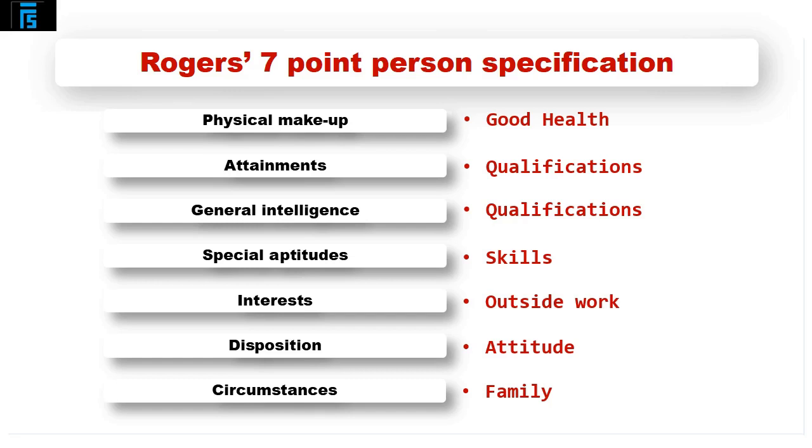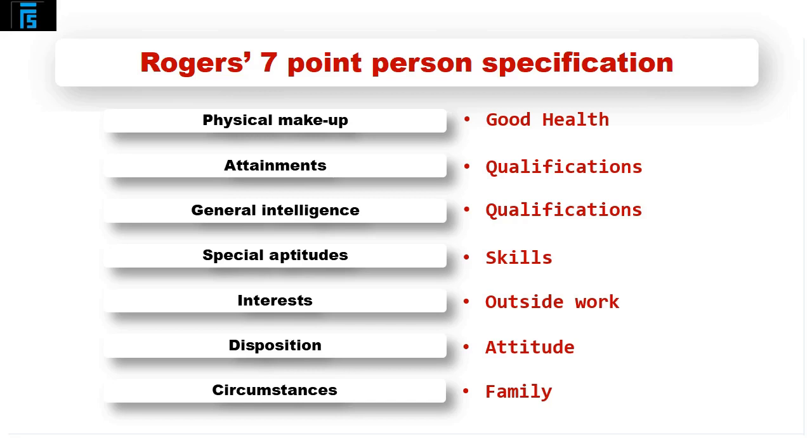Now, why do you think a person specification is an important thing for a lecturer? Because if you think about being a lecturer, it's very difficult to write down an exact list of all the tasks that a lecturer has to do. An awful lot of it is dealing with students, and you can't tell how students are going to react to something. So it'd be very difficult to write down and say, here are all the tasks that you want a lecturer to do. So it's actually easier just to get the right kind of personality and then let them get on with the job, and they will deal with all these tasks, let them get done however they feel is best.